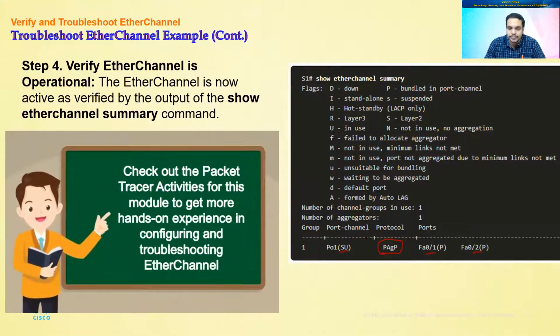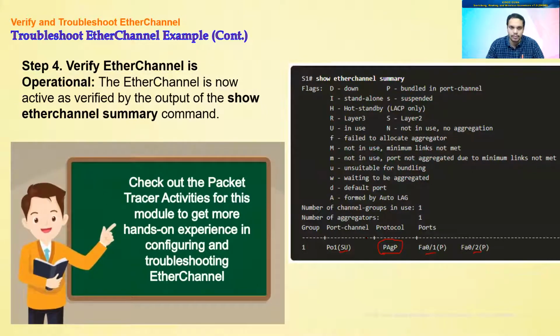But as I told you earlier, in order to get more hands-on experience and to better understand these concepts, it is always suggested to work the Packet Tracer activities. You do them by your hand. I want you guys to do it by yourself. Check out the videos, get the idea, work with the configurations, because these configurations will be carried out for the next 2 to 3 modules. We'll be working on more and more of these things. So just getting theoretical knowledge by looking at the concepts will not do you much good. Okay, so please take my suggestion and work on the Packet Tracer activities of EtherChannel concepts.